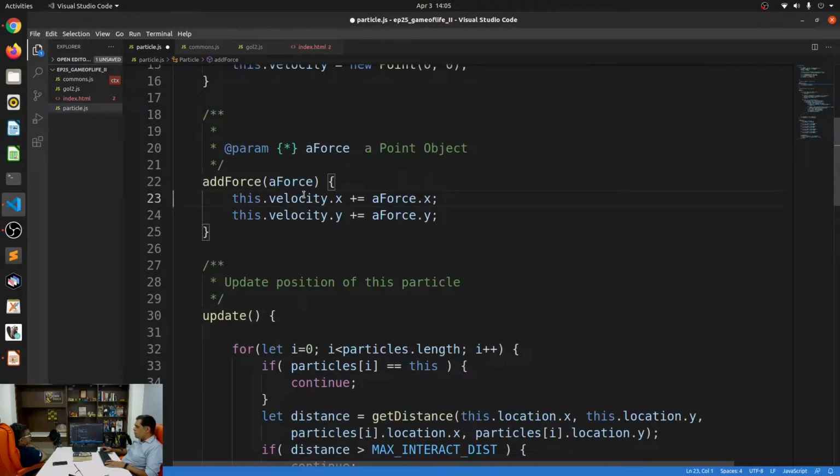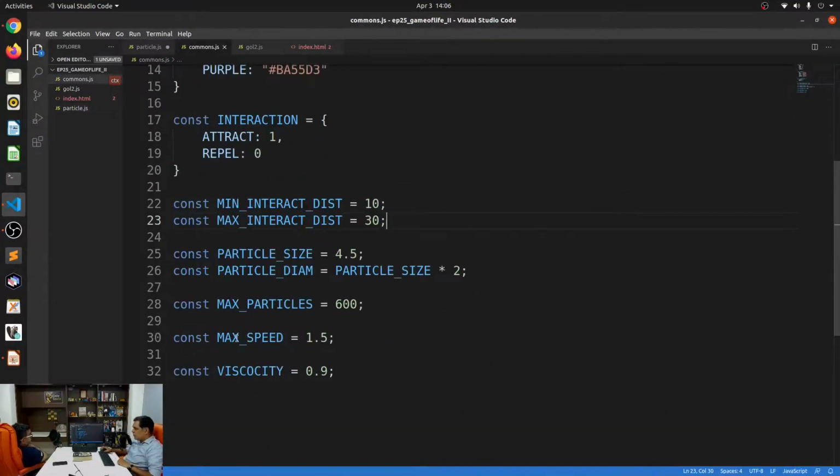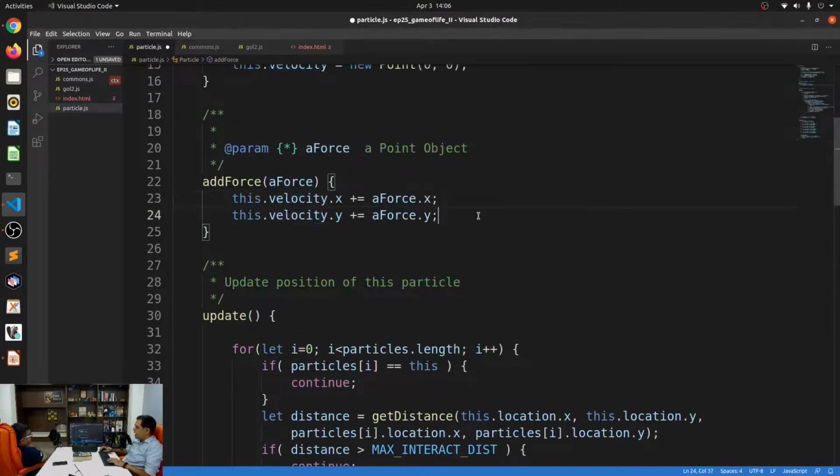Now remember, we are adding something to the velocity. And remember, one of our things was that these particles should not have an ultimate speed. They cannot be faster and faster because we have defined something called a max speed. Right. So we'll just check for the max speed in the addForce itself.